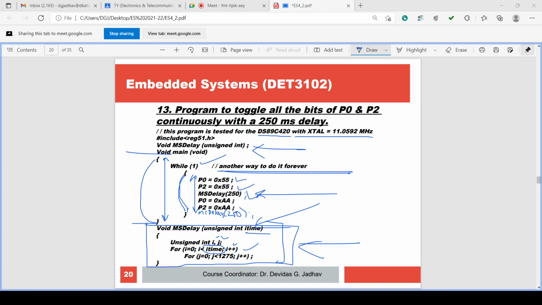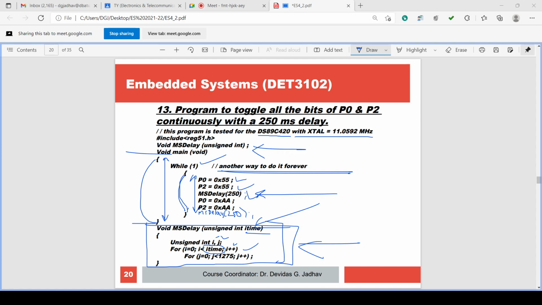For 250 milliseconds we are able to observe P0 and P2 as 0x55. Now we are able to recognize that yes, there is 01010101 on P0 and on P2 because of the delay. That's why we are adding the delay.